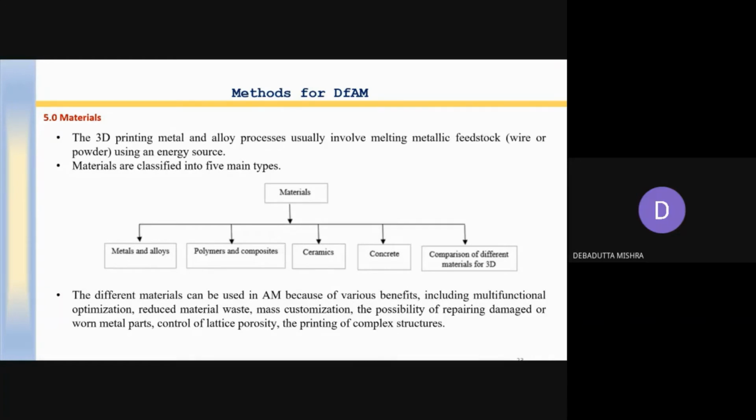Accordingly, you can select the material. The material selection depends upon the strength of the part that is required, wear and tear of the part that is required, the environment where it is to be used, and what the conditions of heat will be. If you take all these things into account, then you can select the proper material for the particular application or the particular part.